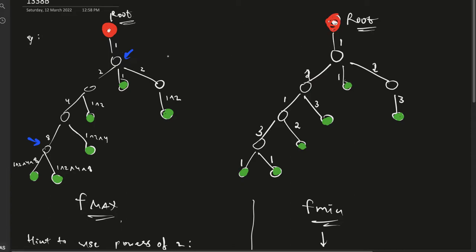So once we have rooted the tree at a leaf, if the XOR between this leaf and this leaf is 0, and the XOR between this leaf and this leaf is 0, we can automatically conclude that the XOR between this leaf and this leaf would be 0. The reason for this is, since the XOR between this leaf and this leaf is 0, the XOR of nodes in this